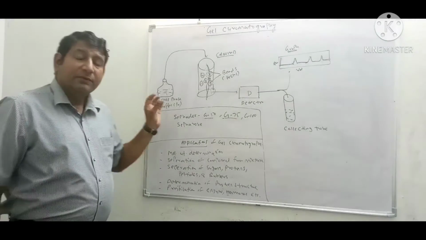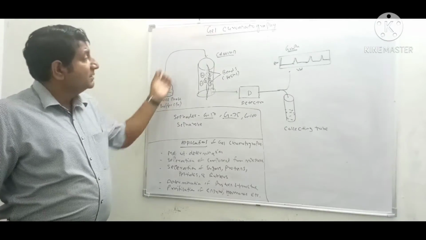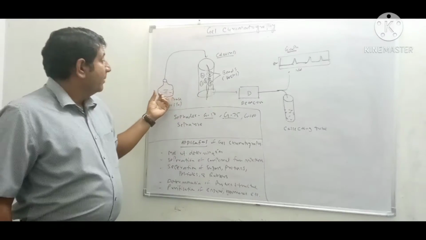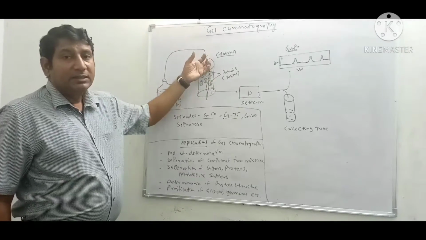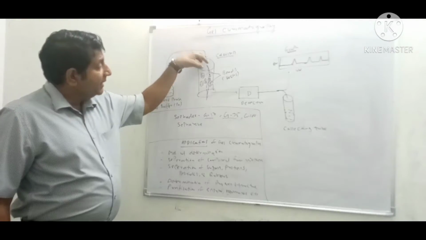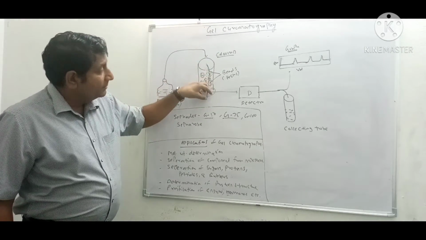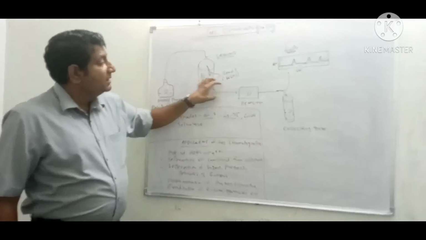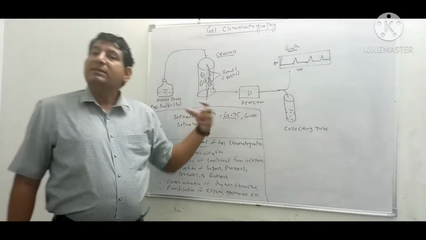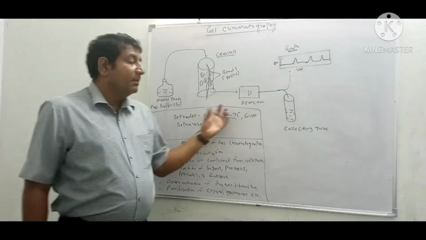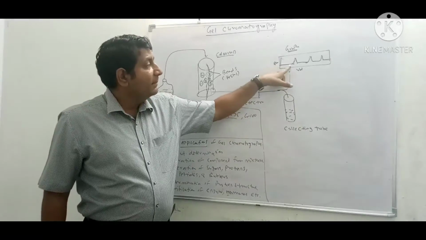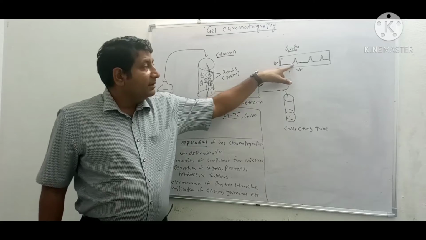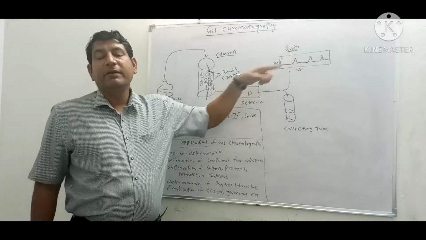Now, how does this function? First of all, in the first step, only mobile phase is pumped into the column, and mobile phase is sent from the reservoir. It enters into the column. Since there are no particles, the mobile phase passes through voids and through pores present in the beads, and enters the detector. The detector has nothing to detect because it is simple mobile phase, and it is collected in the collecting tube, and this shows a plain line, that is the baseline, which is very flat.